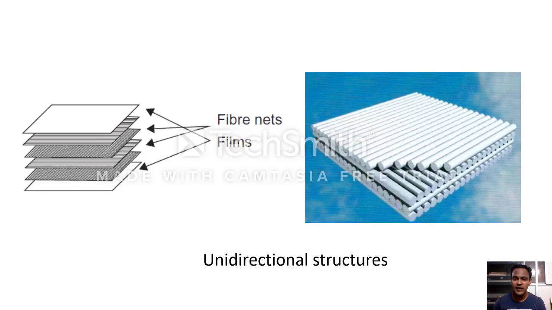You can see a small diagram here. This is the style. There are four types of fabric layers, and at the top and at the extreme bottom there are films. These are nothing but the matrices, so these 4 plus 2, around 6 layers in total, are bonded to make a unidirectional fabric panel, like a laminated structure. This is how these unidirectional structures look. So for ballistic protection, these woven and unidirectional structures are the recommended fabric structures to be used.